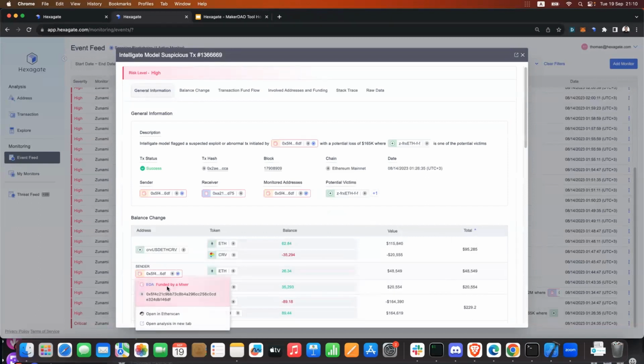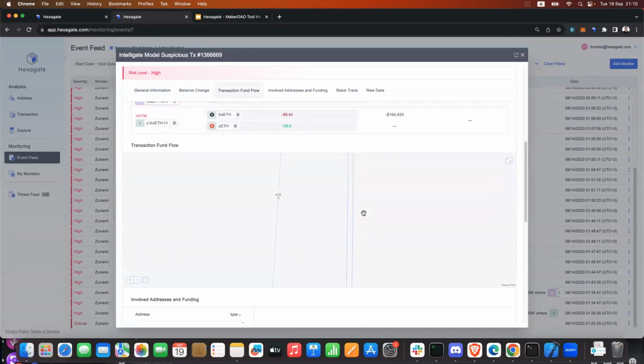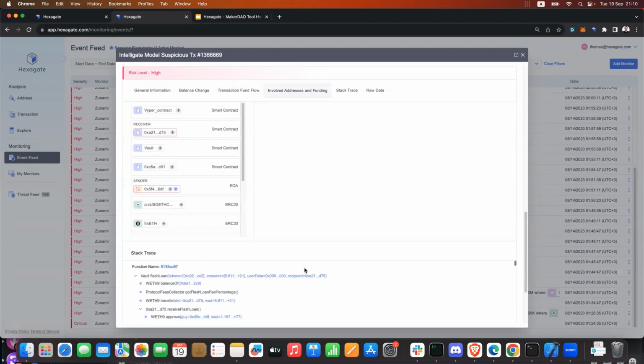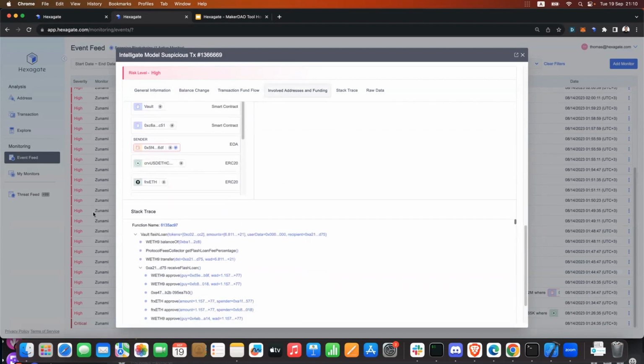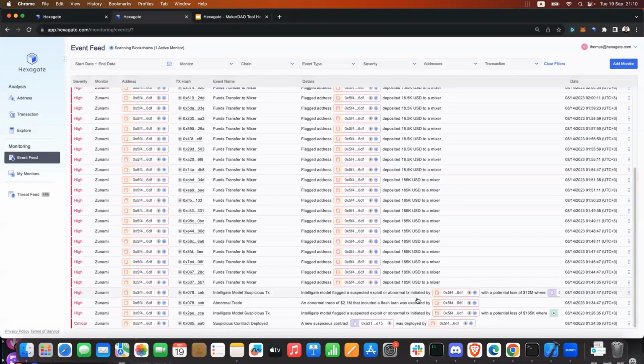And as you can see right here, this is the attacker, the 5F4 in this case. He benefited 50K in this particular case, and you see the pool was hacked for 50K in here. This is a breakdown of the assets. Of course, we also provide things like stack traces and so on that are very useful for protocol devs to triage what actually happened. So this is the first attack that happened 2 minutes after we detected the first exploiting contract.